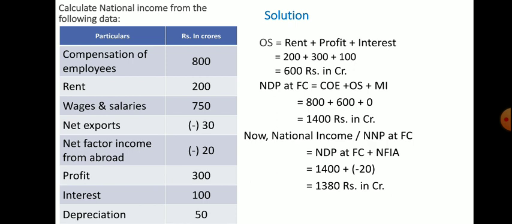The net export is given, which means some extra data is given to confuse you, so don't get confused by all the data. Just see what you have to find out, what data is given and which formula is required, and proceed accordingly. Clear? That is all for today's class. In the next video lesson we'll start the expenditure method. For the time being, thank you students.